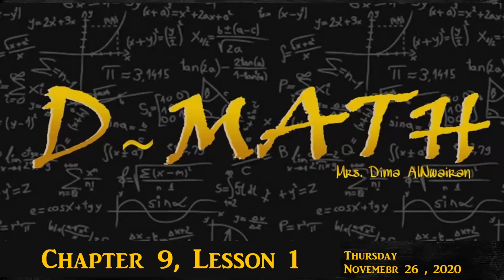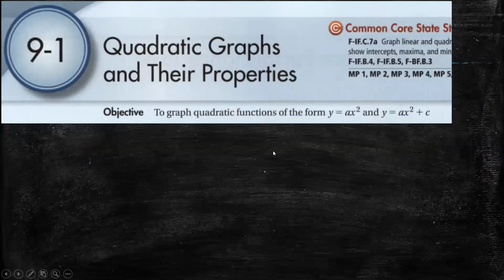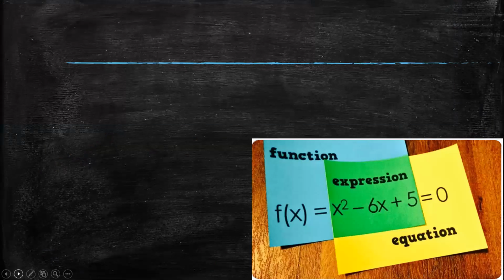Good morning. Today we'll start with chapter 9, lesson 1, which is talking about quadratic graphs and their properties. We will learn how we can graph the quadratic functions of the form y equals ax squared and y equals ax squared plus c. Now, before talking about graphing, let's see what is the difference between the function,